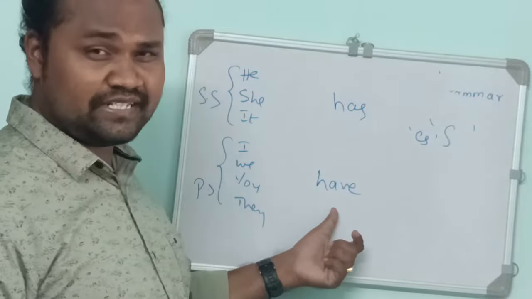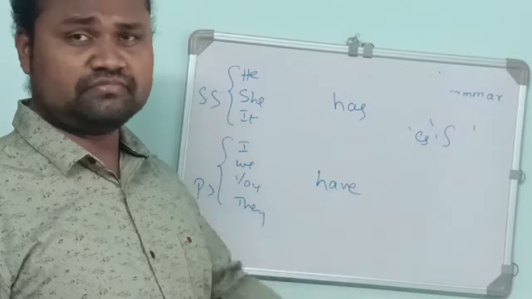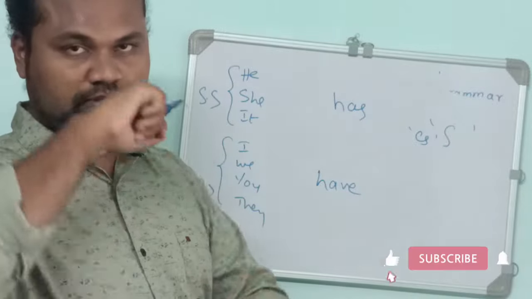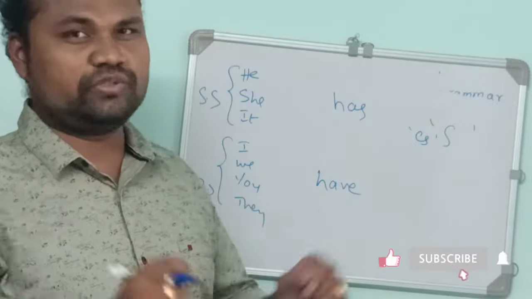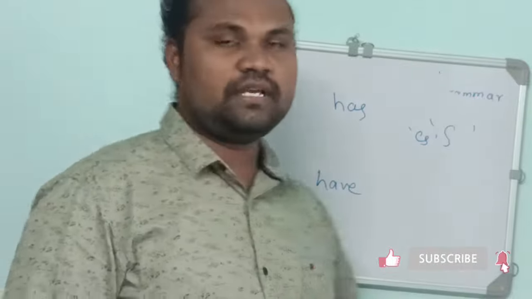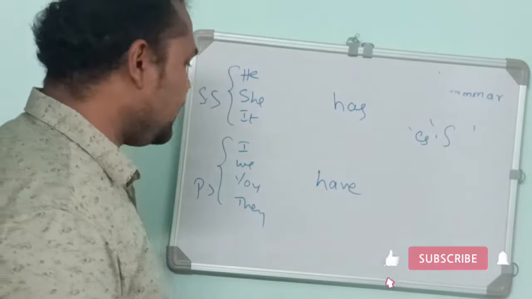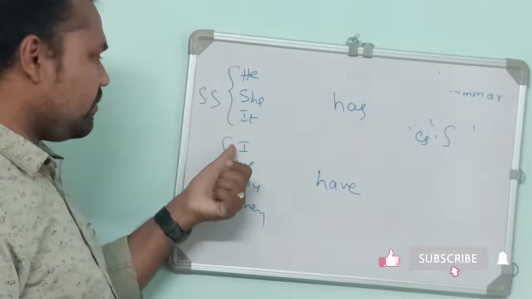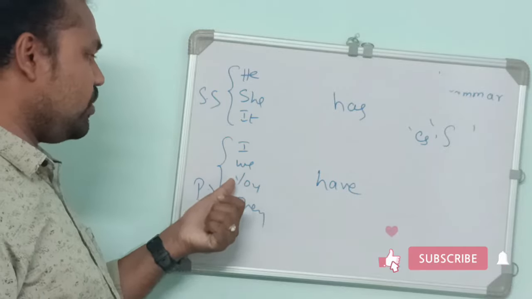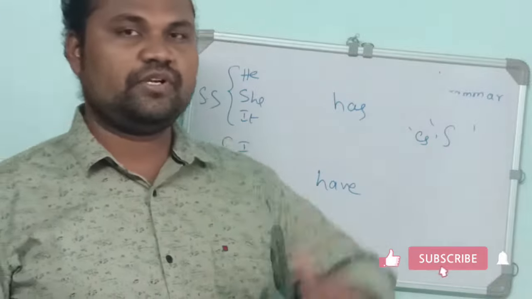Without s or es, that is a plural verb. With s or es, that is a singular verb. You need to note that point. See here, has and have. Have is what? Plural verb here. So whenever you are talking about I have, we have, you have, they have,